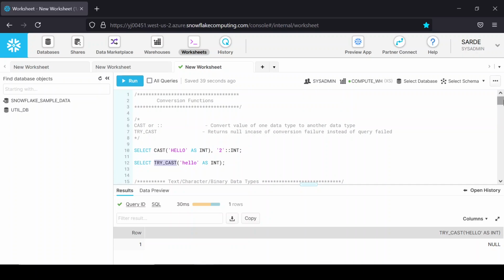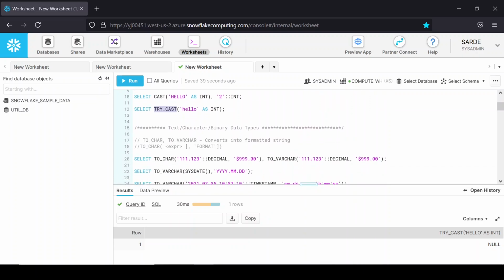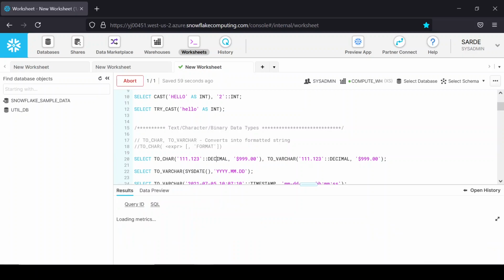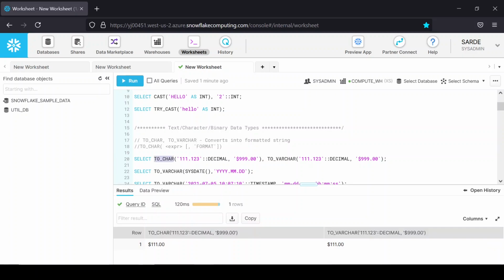Let's look at the next function, which is to underscore char. This function is very useful to convert into a formatted string. If we run this first query, I can see this to char has converted it, I have added a dollar sign initially, and then after the dot we have two precisions. Also to varchar is printing the same result.